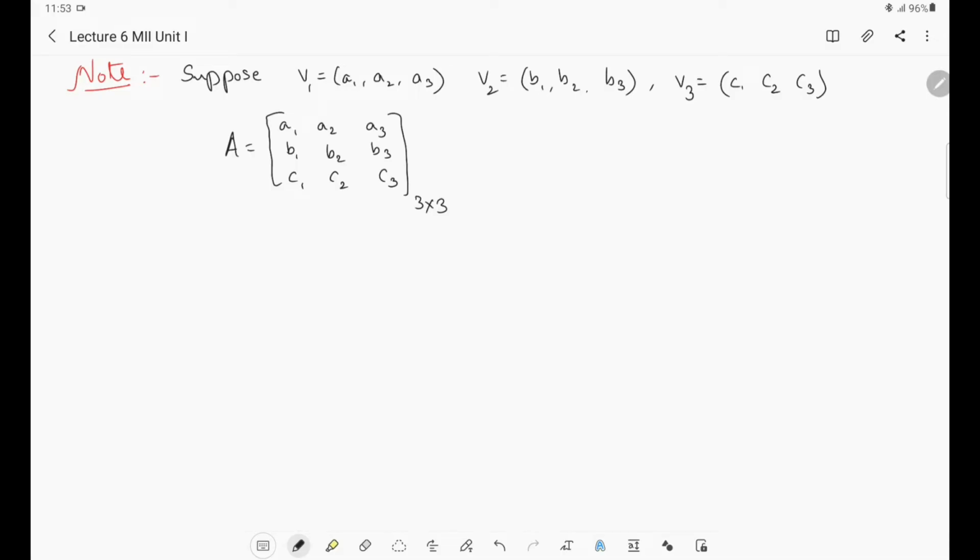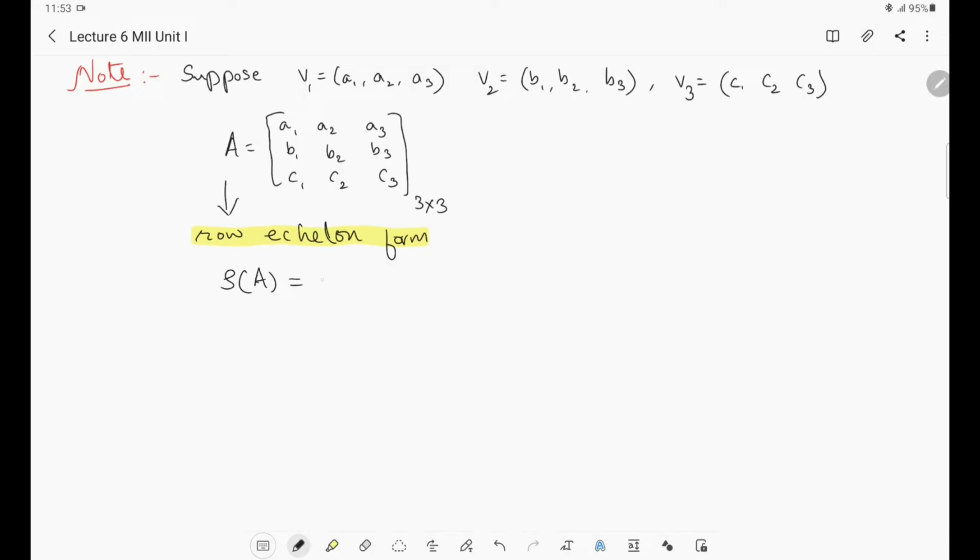How do we find whether they are linearly dependent or independent? We have to reduce this matrix A to row echelon form. We already know how to reduce any given matrix to row echelon form, which we have already discussed. We make this entry 0, then this entry 0, then go on to this entry to make it 0, and proceed like that. After reducing the matrix to row echelon form, we will be able to find the rank of this.